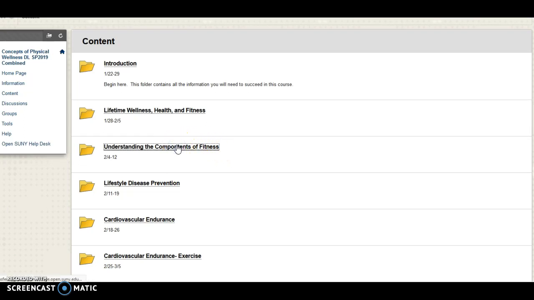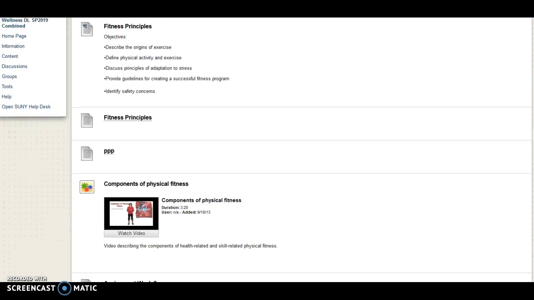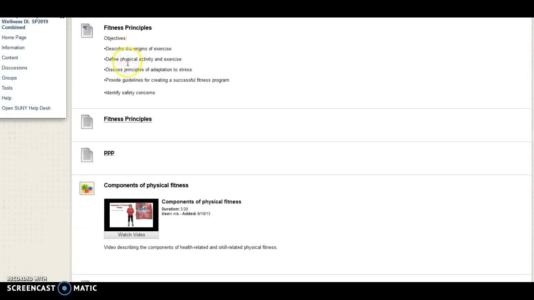What I found to be a little concerning back in the week 2 exercise principles were some confusion that we had with what some of the differences were. So people, you'll see here, these are just the objectives. This isn't homework. When you go through this chapter and all the information, or through this week, you should be able to answer or have the ability to supply answers to those things. The objectives are not what you should be writing out or doing homework for. Those are the things that you're gathering and collecting from this week. And so that's something that's really interesting.